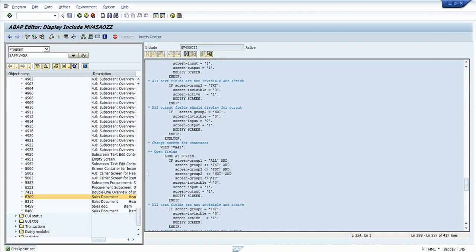This is deciding when I want to make something invisible, input or output only. And down here is the fun part. It is looking at, based upon T code, which I know is bad,